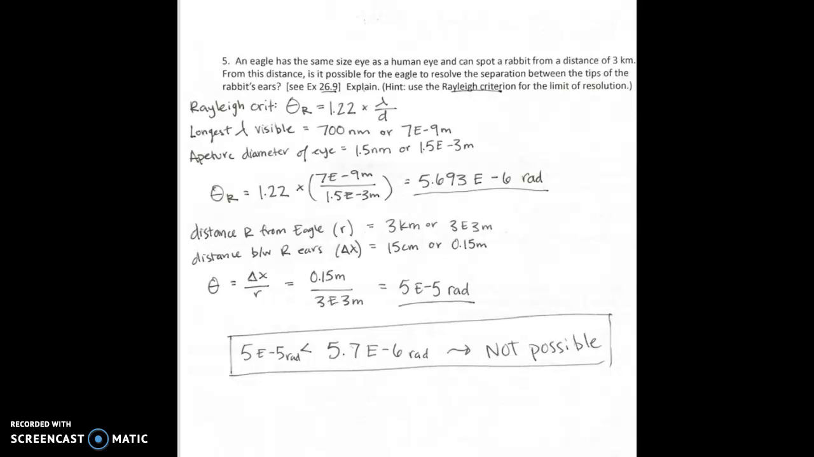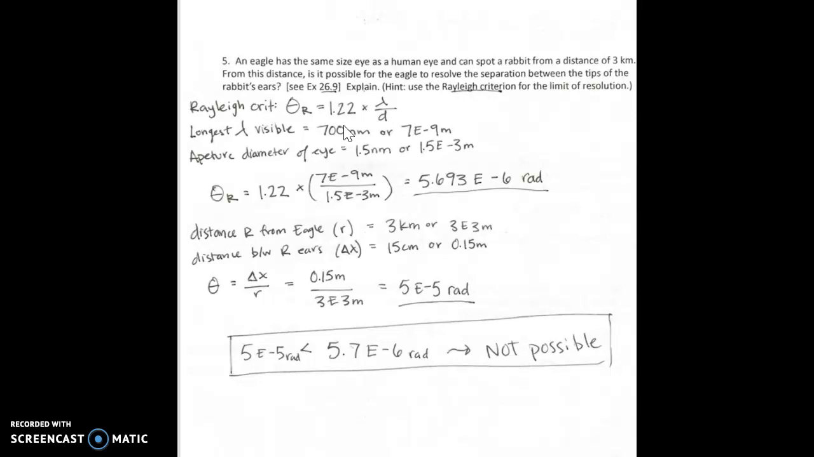So what I did first was using Rayleigh's criterion, because it specifies the minimum separation between 2 light sources that can resolve into distinct objects. So given our angle and the amount of separation, and the diameter of the eye, given the wavelength and the diameter of the eye times 1.22, what is the smallest